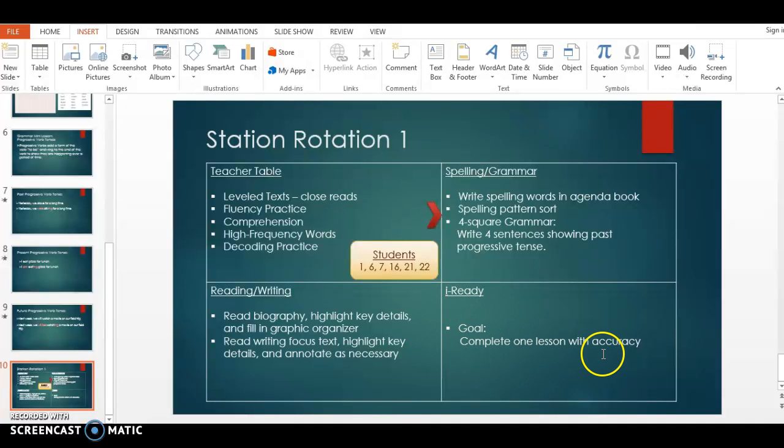And so you'll see for that one, it's a very simple goal. They don't have a lot of things they have to do because all they have to do is log into the iReady reading program, and it guides them right through the lesson. So their goal is just to complete one entire lesson in their amount of time. Okay, so the first thing I want to show you is once you've created this table,